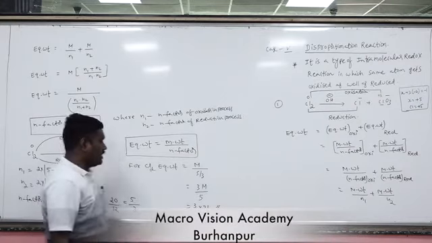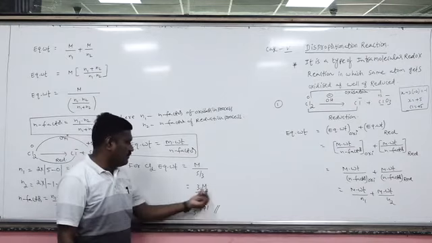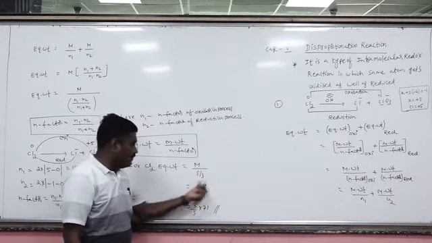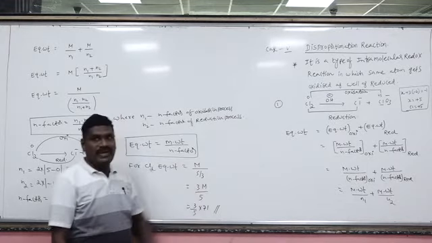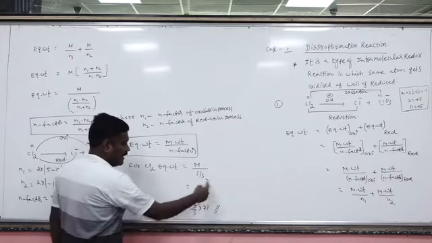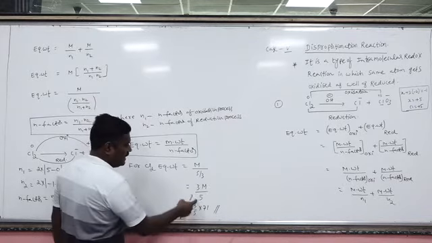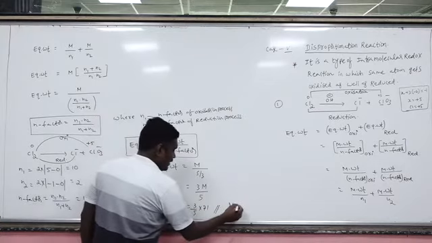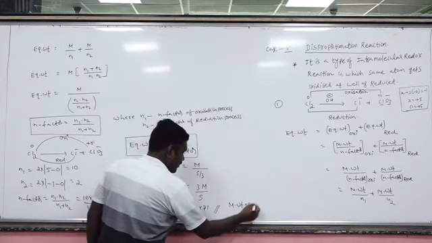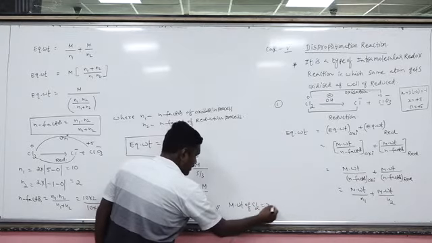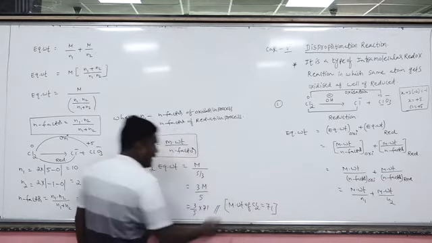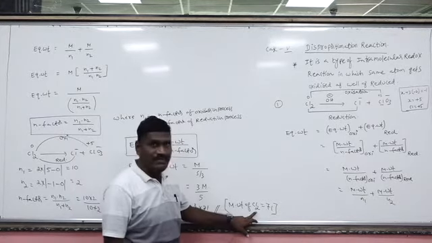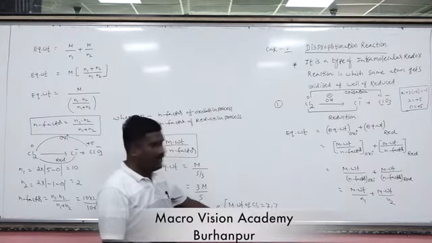Okay. Why? Because in the options they will provide 3M by 5, 5M by 3, 7M by 3, 3M by 7. That's why I am giving it in the 3M by 5 form. So 3M by 5 into what is the capital M? Molecular weight. What is the molecular weight of chlorine? 71. Atomic weight of chlorine is 35.5. So there are 2 chlorine atoms, 35.5 plus 35.5, that is 71.